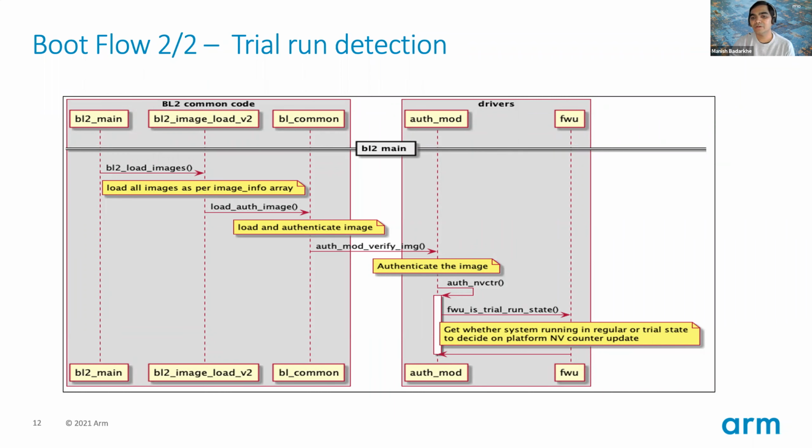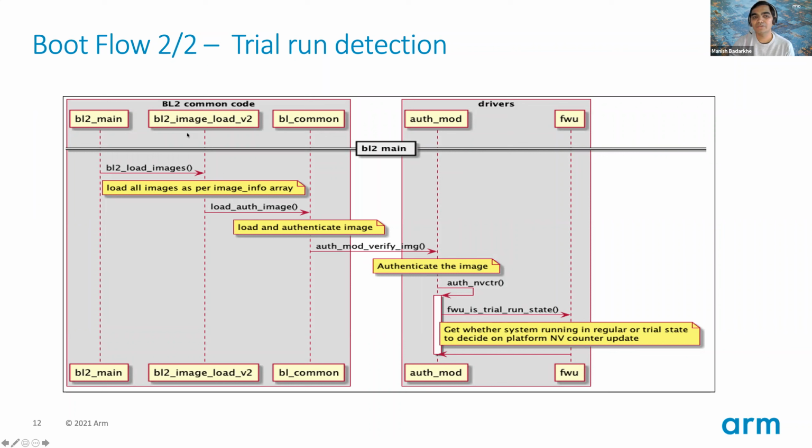And that's why we call it a trial run. If it is a trial run, then we don't do the action of the NV counter update. So this FW is in trial run state. This method is already developed in the driver, and it is quite platform agnostic. Yeah, the platform can call this method, and then